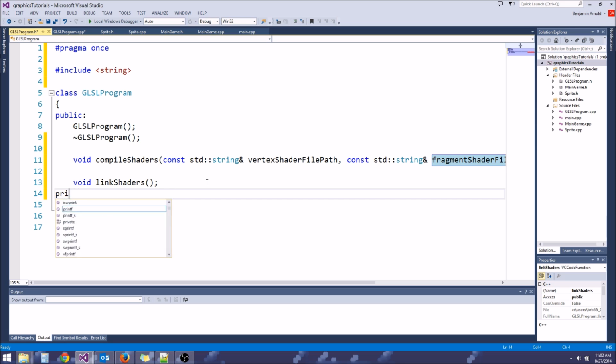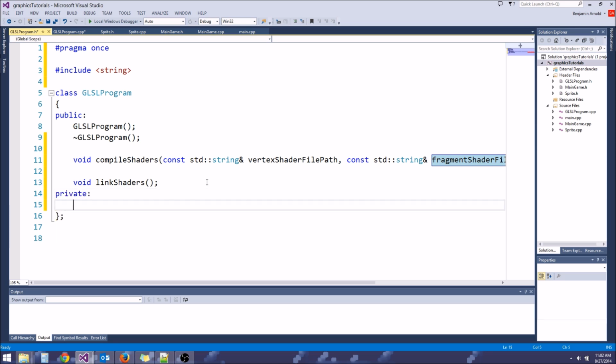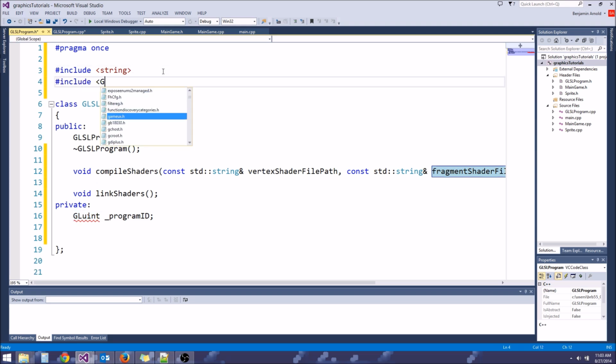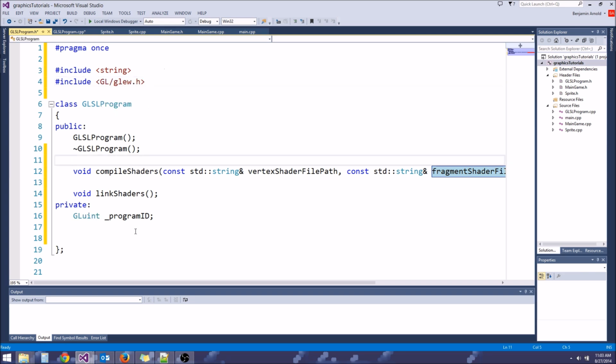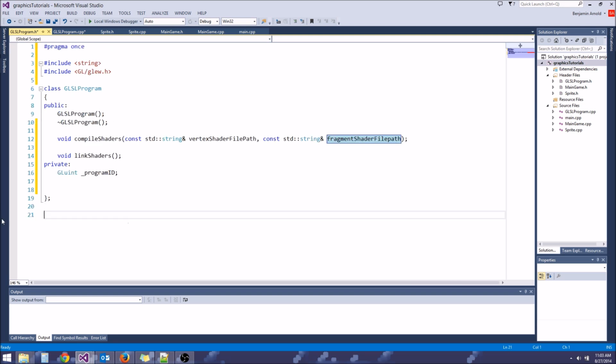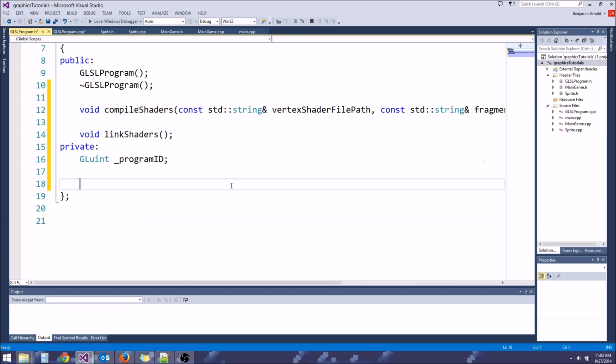Now we do need some private variables. And just like with the vertex buffer object, you need an ID to basically hold on to your actual shader program and your individual shaders as well. So what we need to do is say GLuint, and we're going to call it program ID. And to get GLuint, remember we have to include glew.h. And if you're on Mac, you'll probably just include gl.h. So this will be the ID that is basically the handle for our entire OpenGL program, which is the,